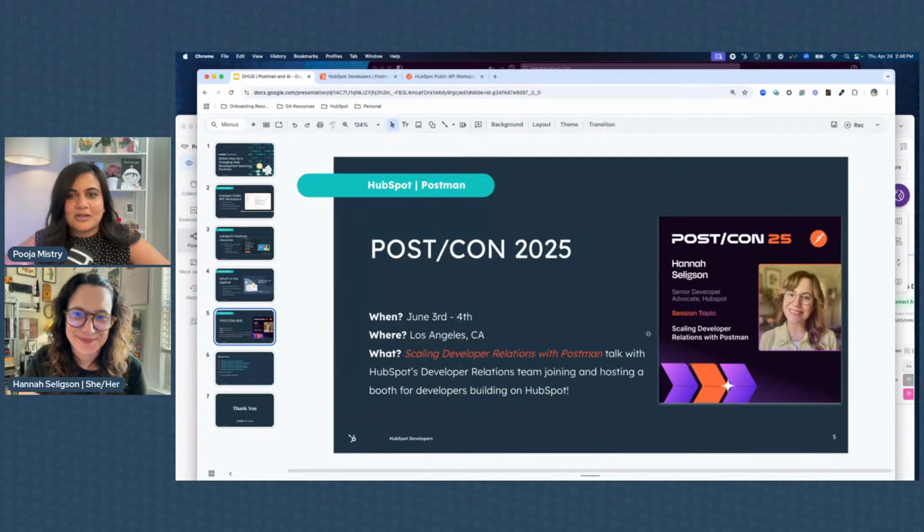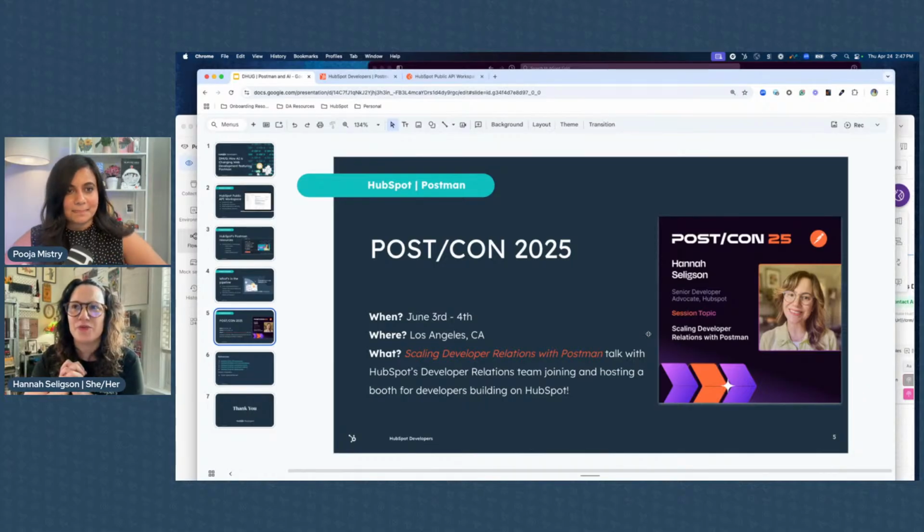And we have this award that happens, called the Developer Choice Award. For those of you who are developers and work with a lot of APIs, you can go through the public API network and find some of the workspaces and team profiles that you work with. And I'm assuming some of the viewers are HubSpot fans, so feel free to vote for Hannah and HubSpot. You guys have done a really good job with your documentation, and you've adopted a lot of the authentication features as well. So it's a workspace we like to show off quite a bit on our end.